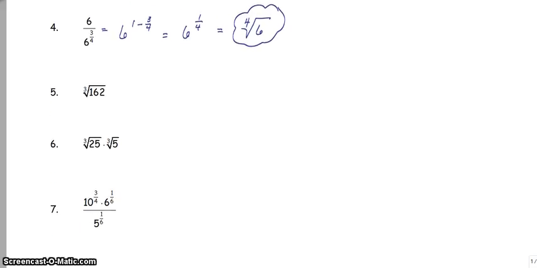Looking at problem 5, I have the cubed root of 162. Now the first thing I'm going to do is go off to the side and do a factor tree on 162. I know that it is 2 times 81. 81 is 9 times 9, and each of those 9s would be 3 squared. So looking at the bottom row of my factor tree,